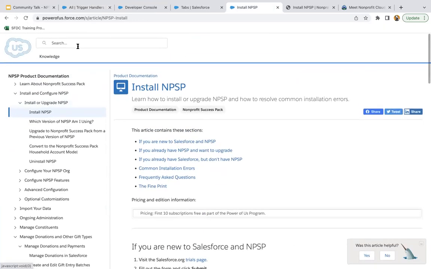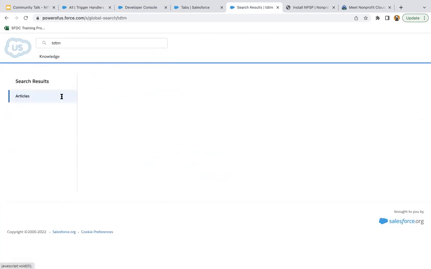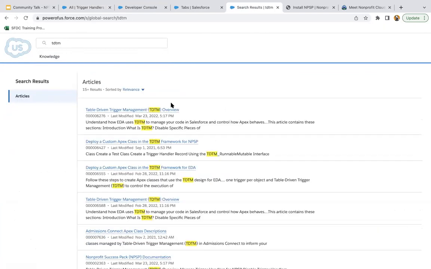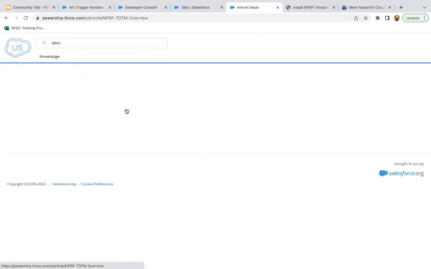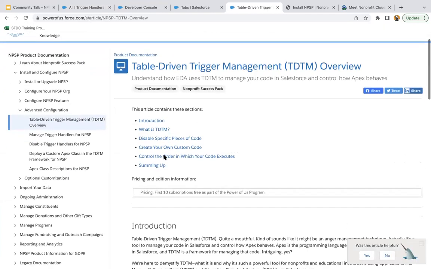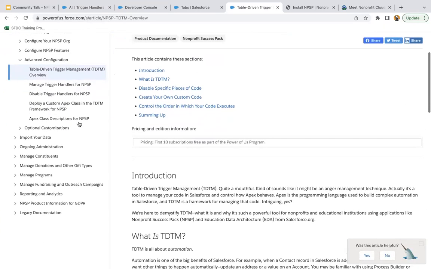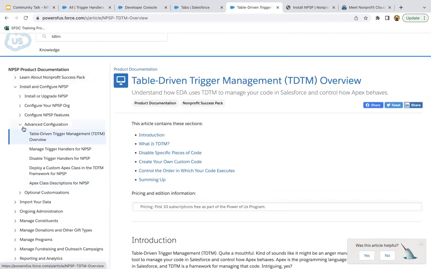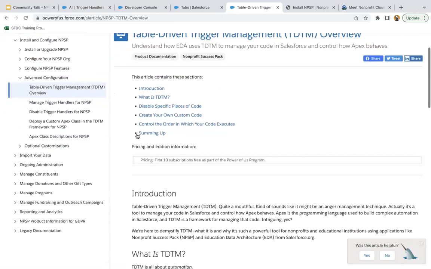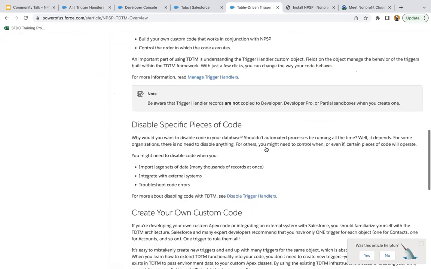Let me search. It is very important, and it is used in other clouds also. So here you can see TDTM overview. Let me show you how triggers are implemented. Okay, it is available in this document in advanced configuration, right? So this is the TDTM overview, and if you go here,